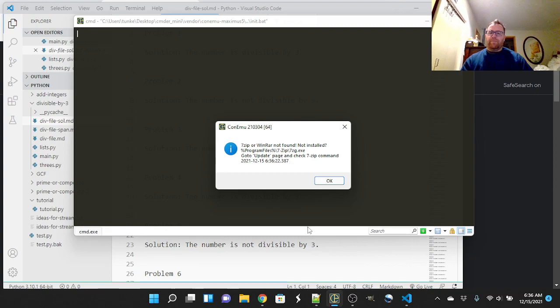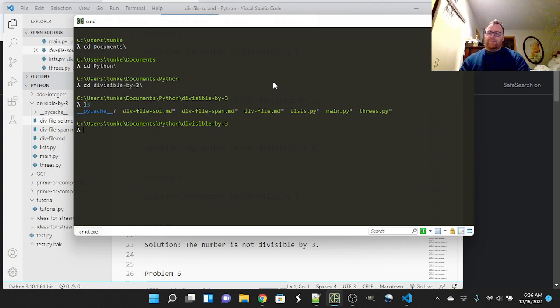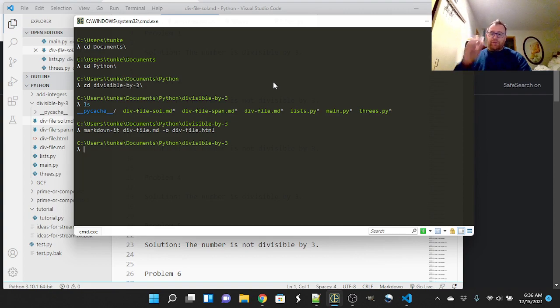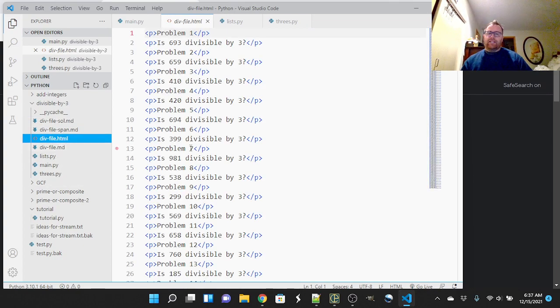I'm going to open up Commander. It's giving me a little error there, but I'm going to cd into Documents, and then cd into Python, and then cd into divisible by 3. List this out. Okay, so now I'm going to use it here. So I'm going to say markdown-it, and we're going to take the div-file.markdown, output div-file.html. Okay, so now, I'll just minimize that. So we see we've got this file now created in HTML,